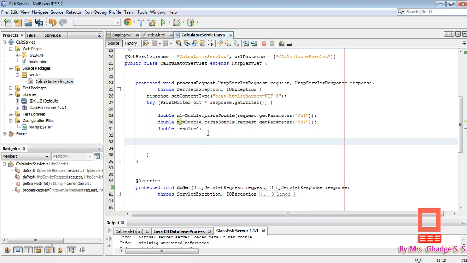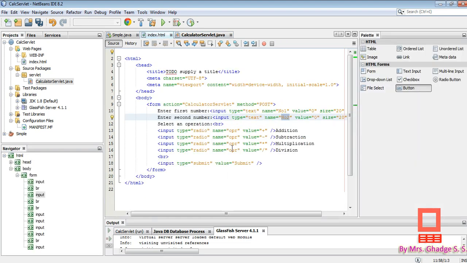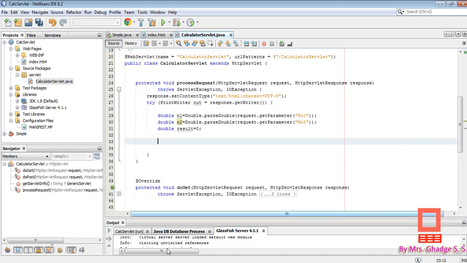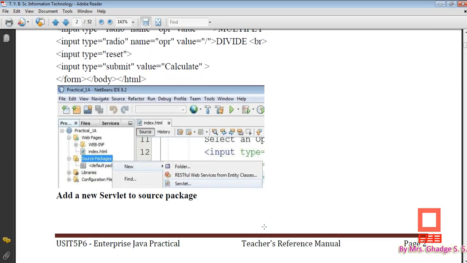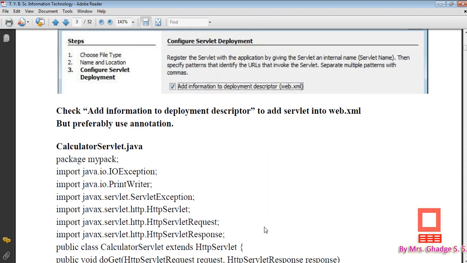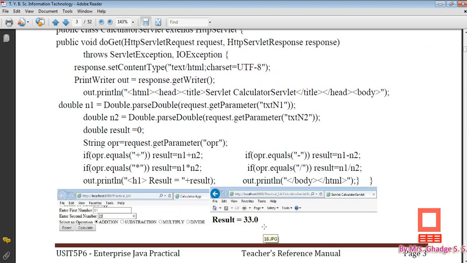Then we have to check which operation we are going to perform. So for this we have to check the operation, and for that we write the line like this: String opr is equal to request.getParameter("opr").